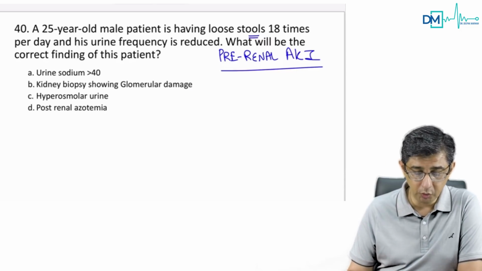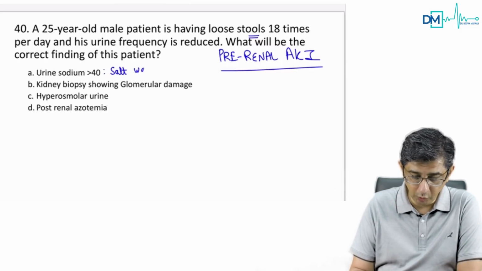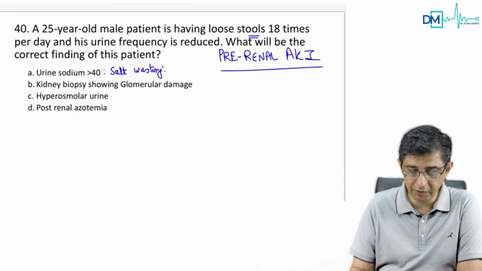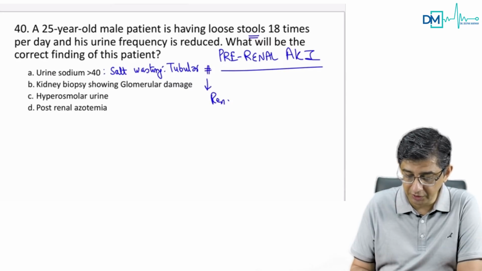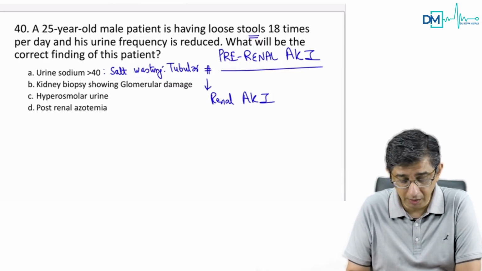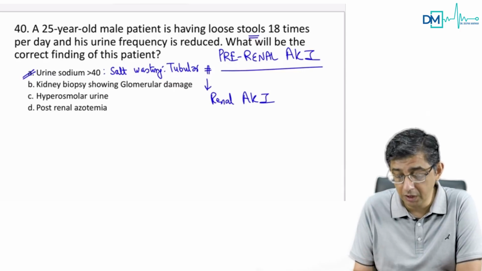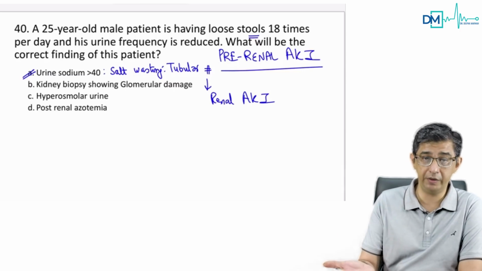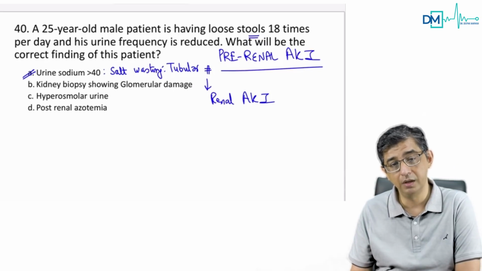If you look at option A, urinary sodium more than 40, this is a feature of salt wasting. If sodium is more in the urine, it means salt wasting. Salt wasting is a feature of damage to the tubular part of the kidney. When you have tubular damage to the kidney, it means a renal type of injury. I repeat that statement again. Option A is ruled out. Why? Because urinary sodium more than 40 is a feature of the renal variety of renal failure, like glomerulonephritis. But this chap is having the pre-renal variety because blood supply to the kidney is lesser.